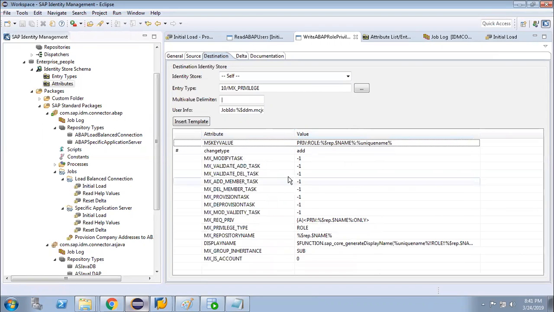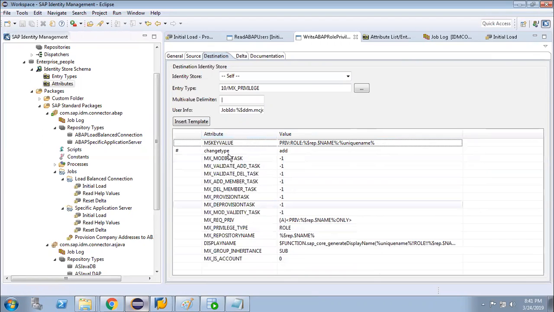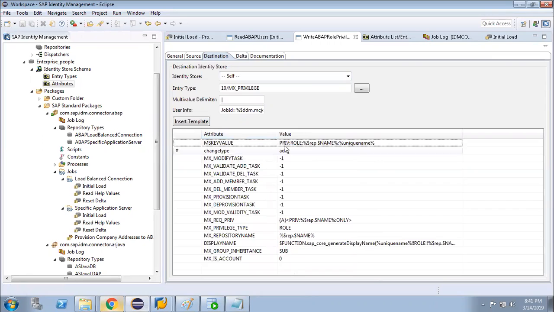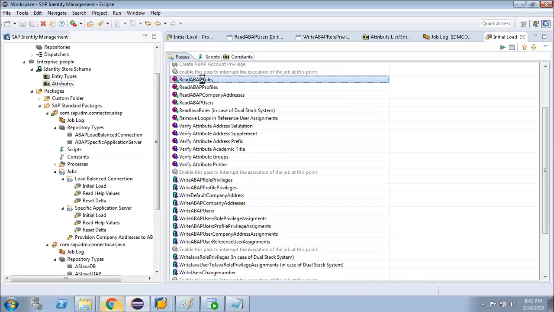You will see the MS key value, right? Definitely this will be the MS key value. The MS key value is PRIV:ROLE:repository name:unique name. Unique name is nothing but the privilege name.